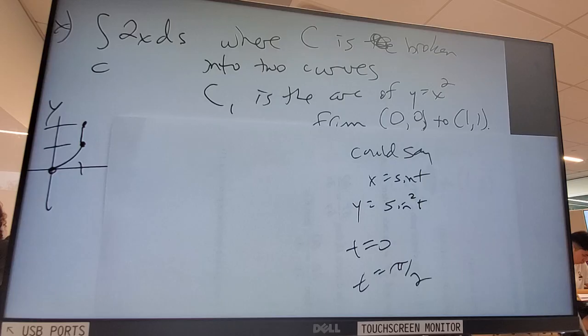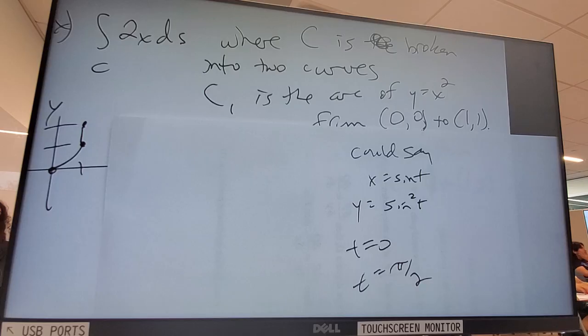Are you guys with me? If I would have chosen cosine, things would have been screwy, because t couldn't start at 0 then, because then my x wouldn't have been 0, it would have been 1. You guys with me? So then I would have had to adjust it. Okay, stay with me, please. So I'm not going to do that.